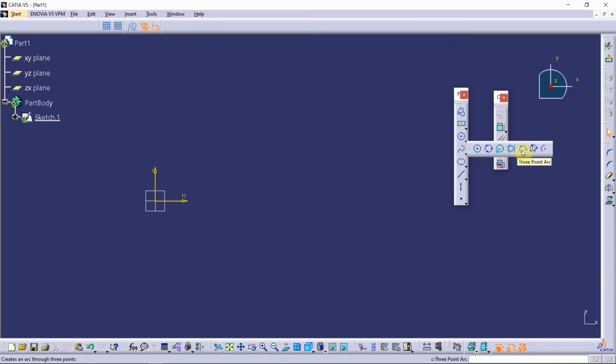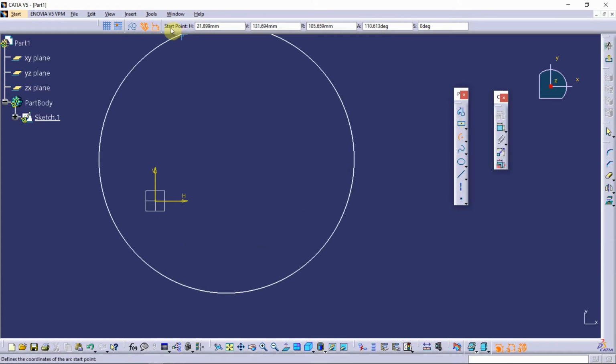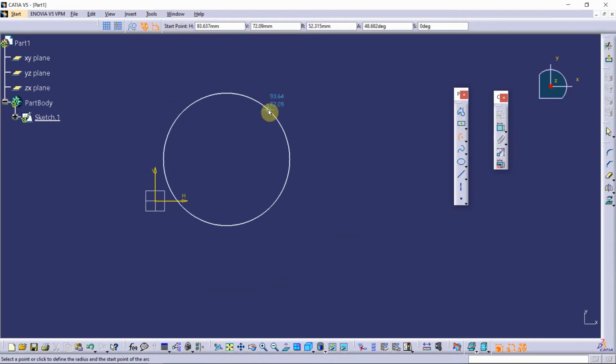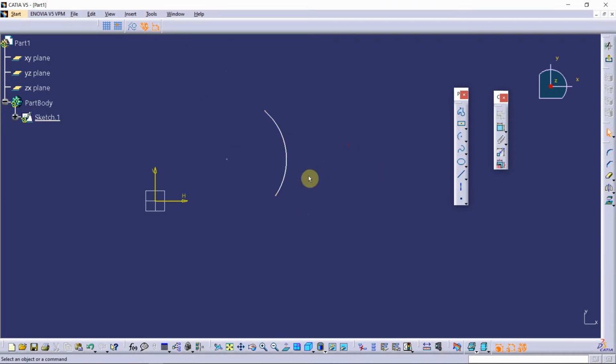Okay, in these three options we will use this one. It is similar to a circle, but here you can see it wants me to select arc center. I'm going to click once, and you can see it wants me to select start point. I'll click once and now it says end point. Okay, that is how you will create a circular arc.